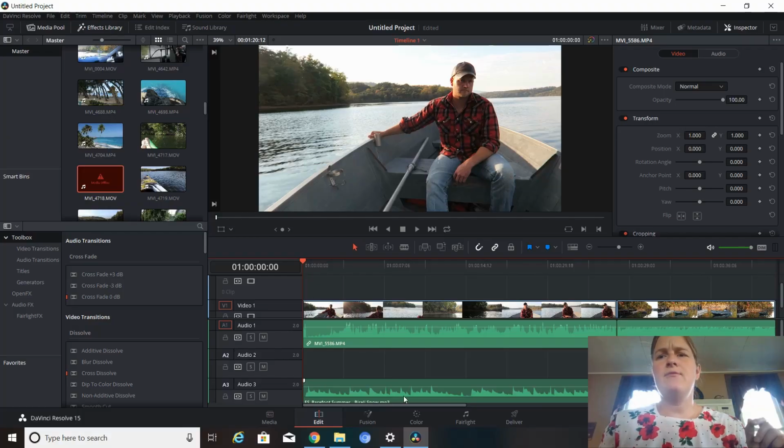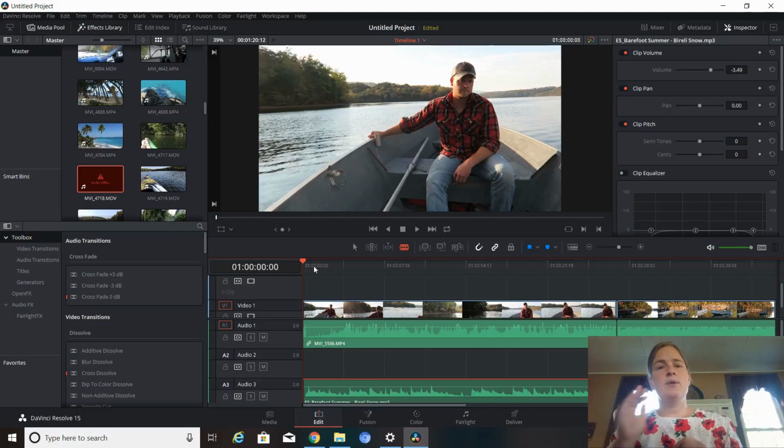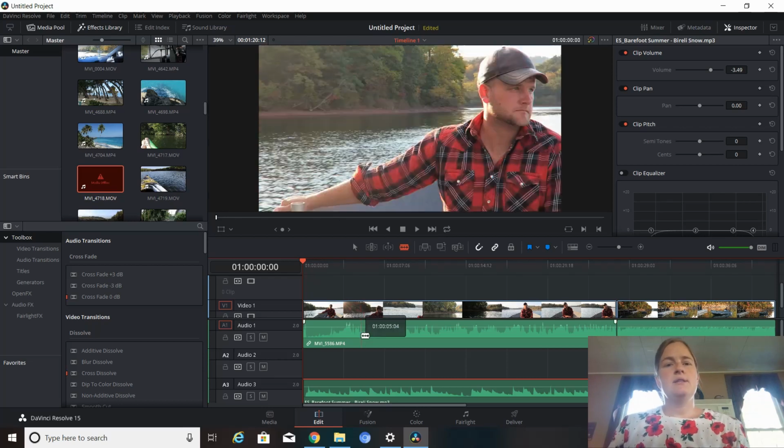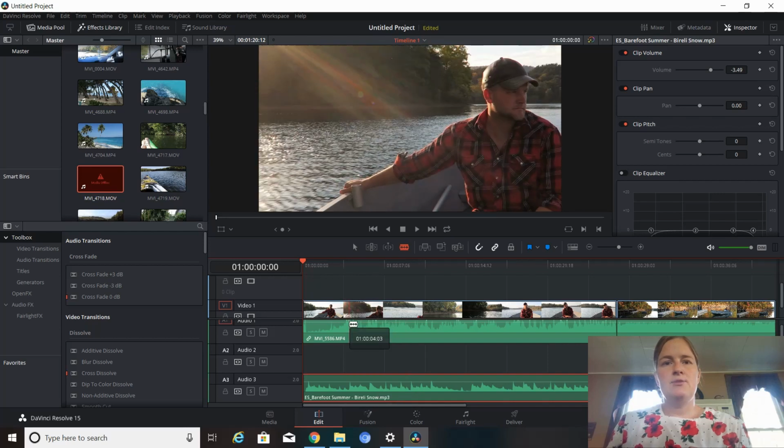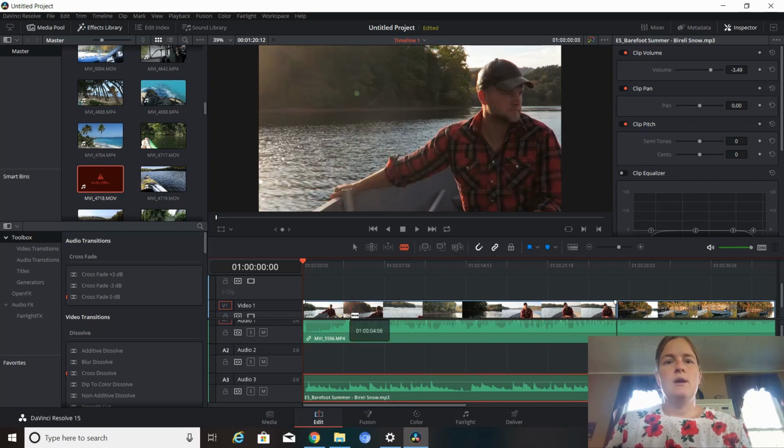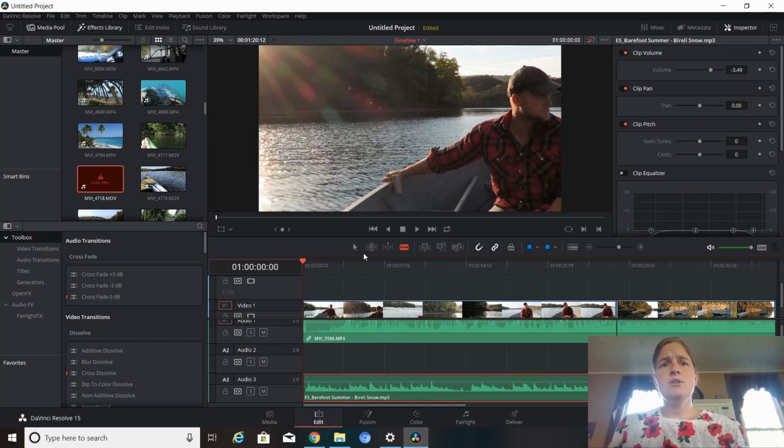Once again, I can't hear my music, but down here you can see your audio wave. If I'm editing to music and I want to cut my first clip, let's look at the music timeline. This first spike right here, I'm just going to assume that's a beat I want to cut to. So if you go up here to this row of tools,